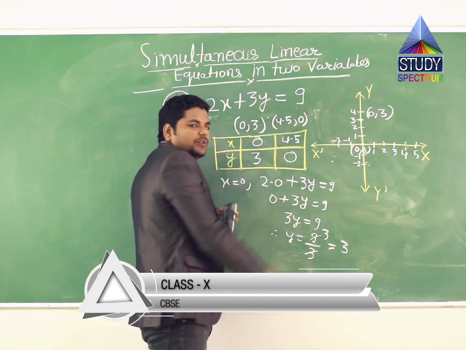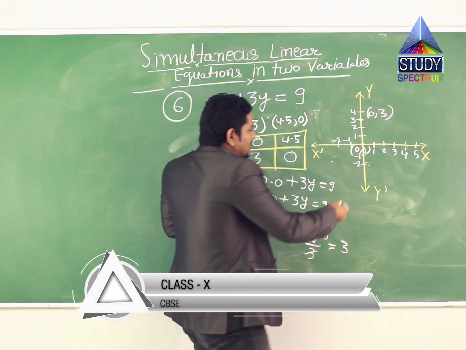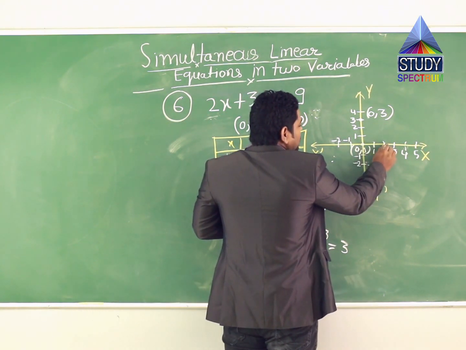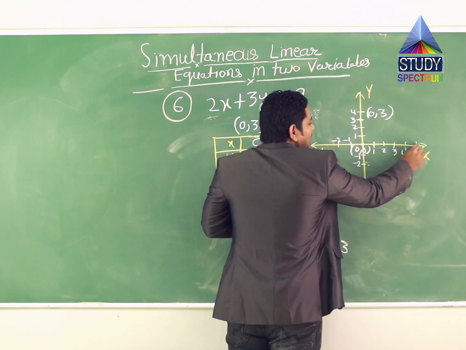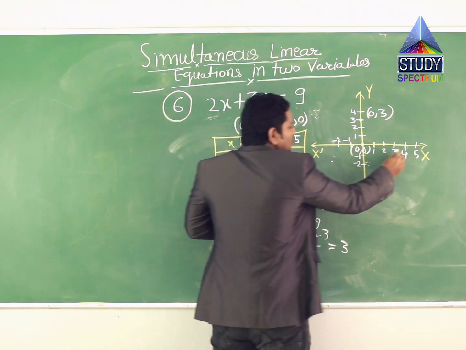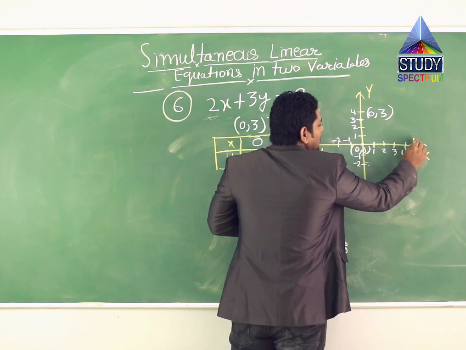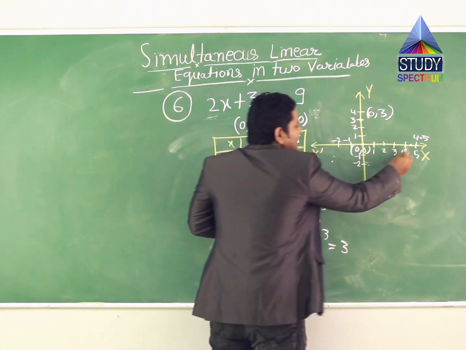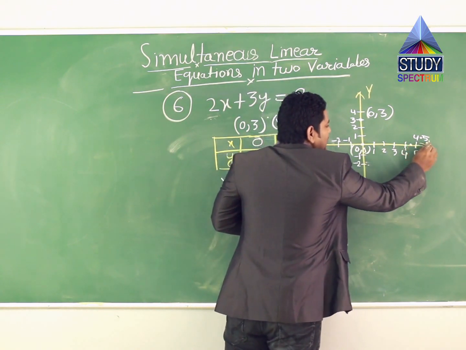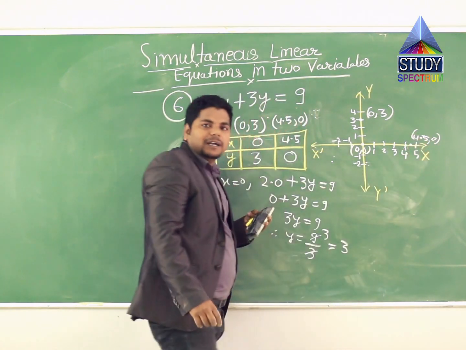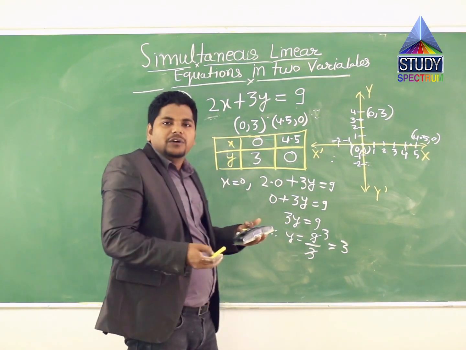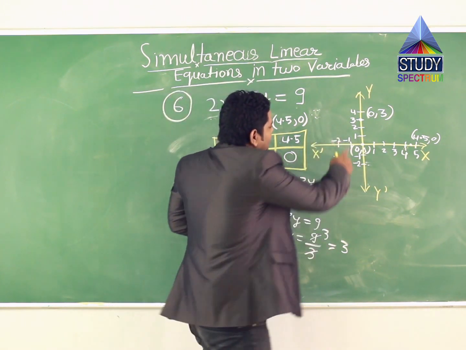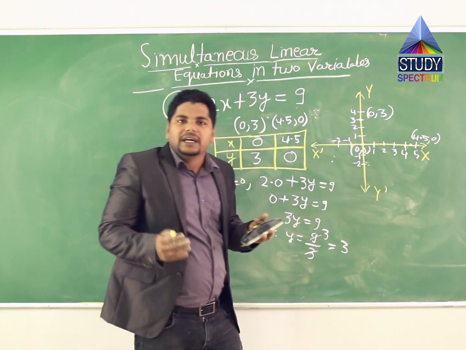Now come to the second point. In x we have moved 4.5 units. So this is the starting of your movement. So 1 unit, 2 unit, 3 unit, 4 unit, 5 unit, but we have to take 4.5. So 4 and 4.5, this is 4.5. And in y we have not moved any, so we are still here. So this point is 4.5, 0.